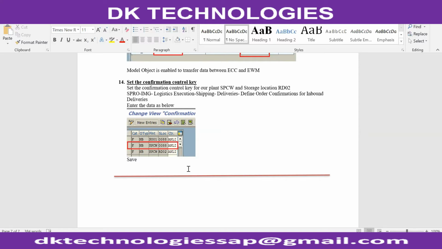That is in the configuration control key, which can be defined as OB, OA like that. Not getting into that in detail. You just have to assign the configuration control key for your purchase order. Let me open it, SPRO, logistics execution.